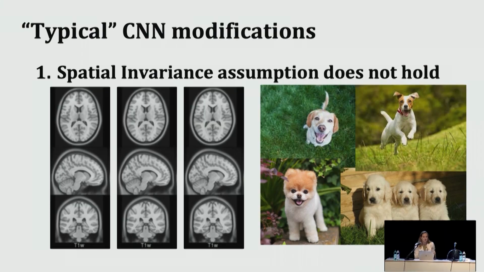So our data is all in the same space, and we want to learn different information from different parts of the images. So we kind of needed to challenge that idea. Again, the goal of standard CNNs was to detect an object in the image, but in our case, the goal is to predict brain age. So it's not to detect an object, but to learn features about the image that are going to help us predict age. So we're looking to learn unique information from each location in the image.